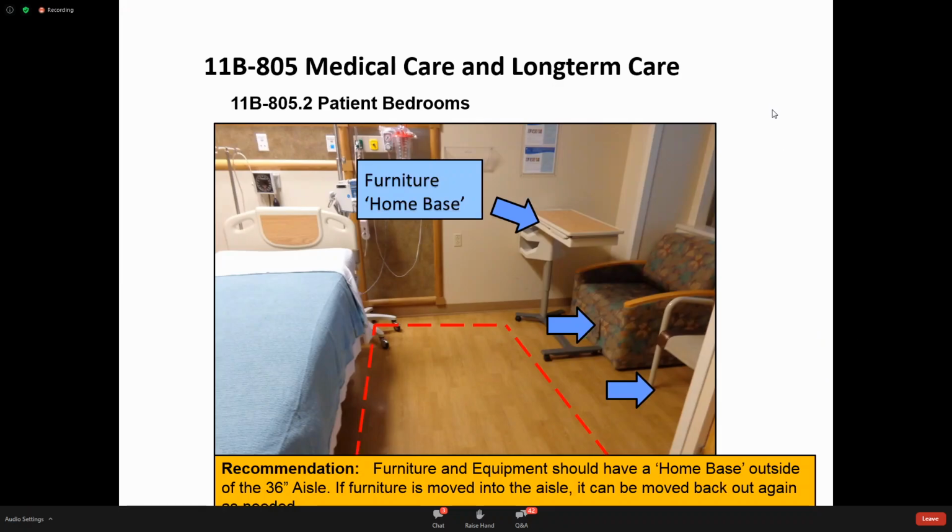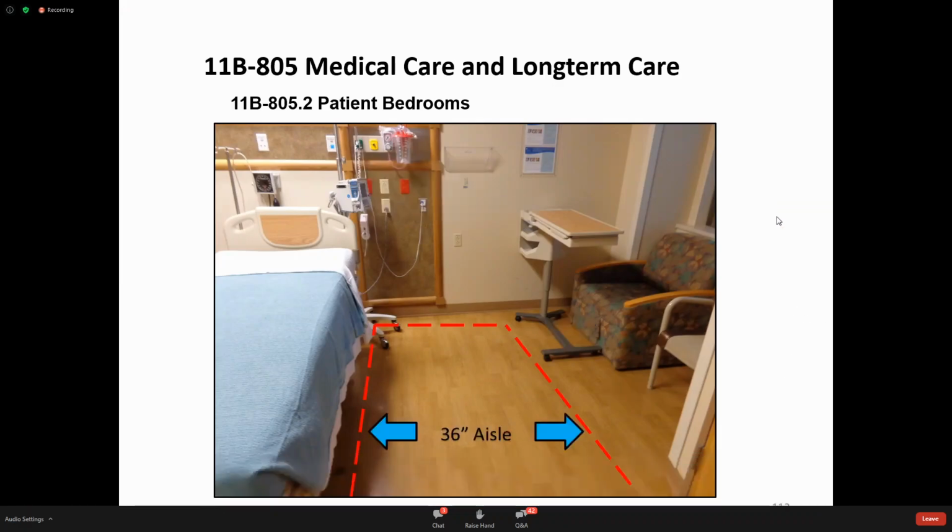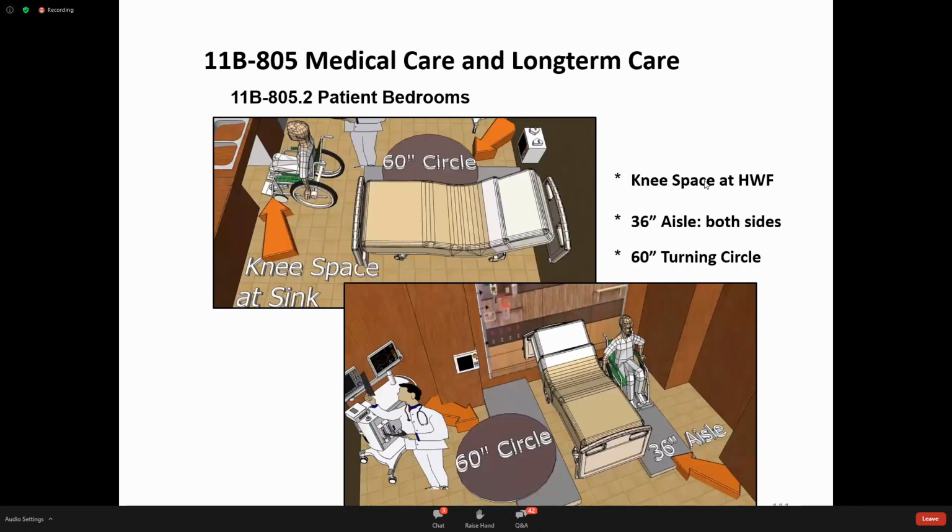Is the 4 feet at the bottom of the bed in double occupancy rooms an accessibility requirement also? Does it require a 60-inch circle at each bed? So these are double occupancy patient bedrooms, is I think where this is going. Yeah,